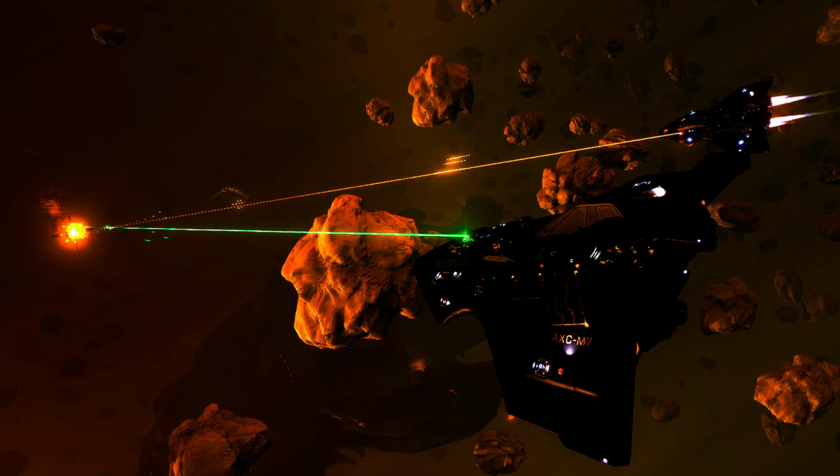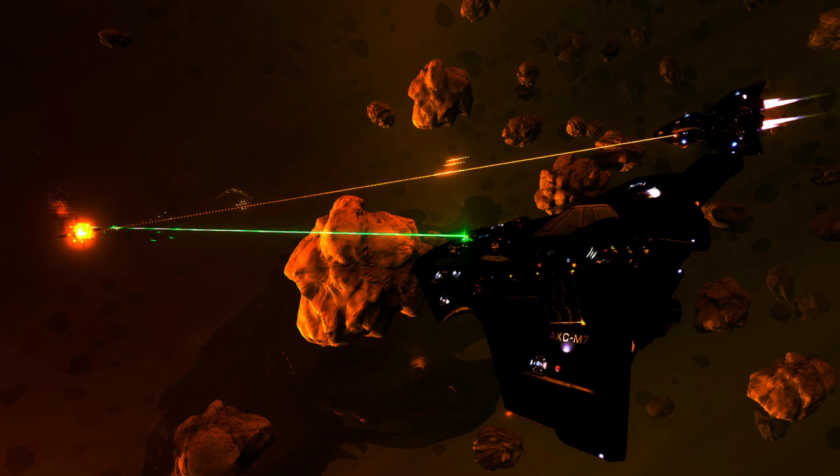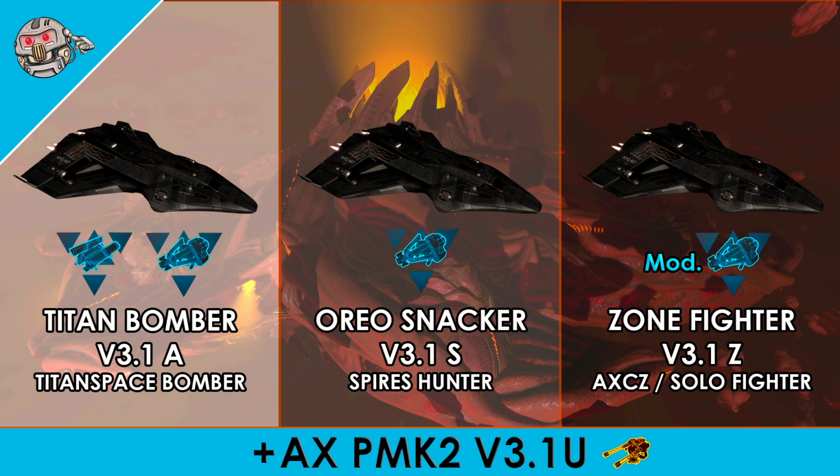Taking all those factors into account, and with a lot of trial and error, we came up with 3 AX builds for a Python Mk2, in addition to a low engineering build for newer commanders. The TitanBomber version 3.1A, which is arguably the best TitanBomber in the game right now,